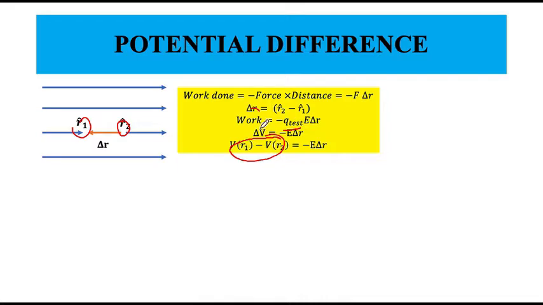So you have delta V equals minus E delta R, because I assume the direction of movement is along the R direction. Okay, and what is the potential difference here? It is the potential difference between the points R1 and R2, which equals minus E delta R. Now there is no requirement that I should always move along the line that is parallel to the electric field. Sometimes I might choose a path in which the electric field makes an angle with respect to the path along which I am moving the charge.